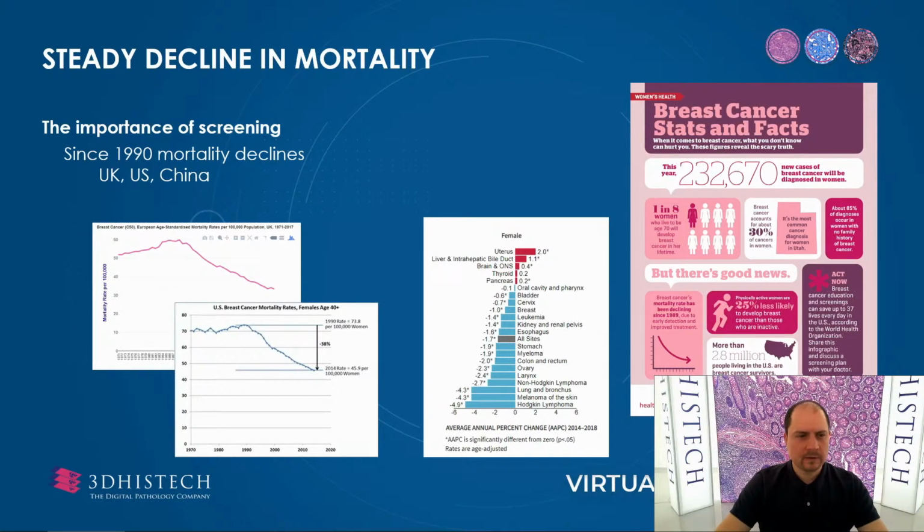As you can see on the charts, the decline in mortality is quite steady since the 1990s, and this shows the importance of screening programs. The left two charts are from the UK and the US. The middle chart or informational table is from China, and on the right side there is a US state poster to popularize screening. On the charts it is visible that since the introduction of these screening programs, the mortality rate is steadily decreasing, and